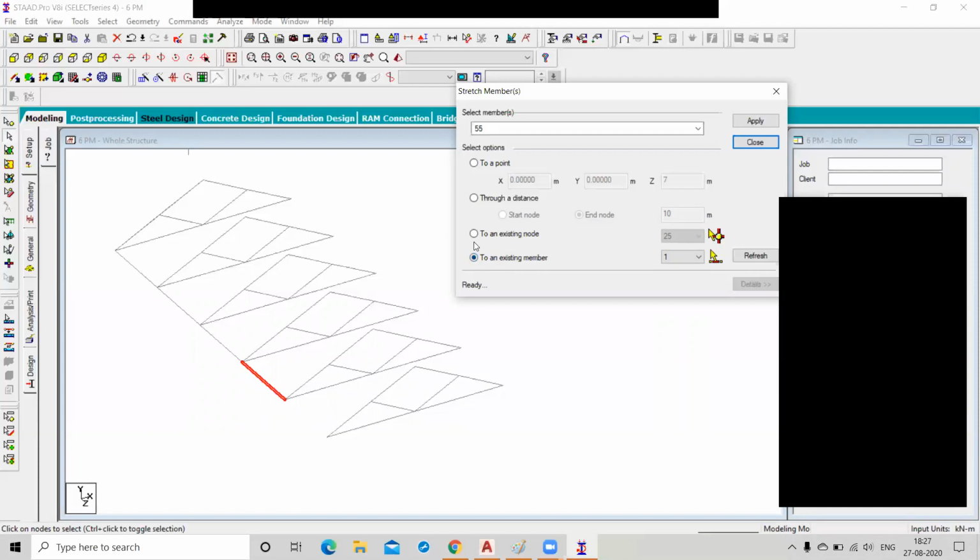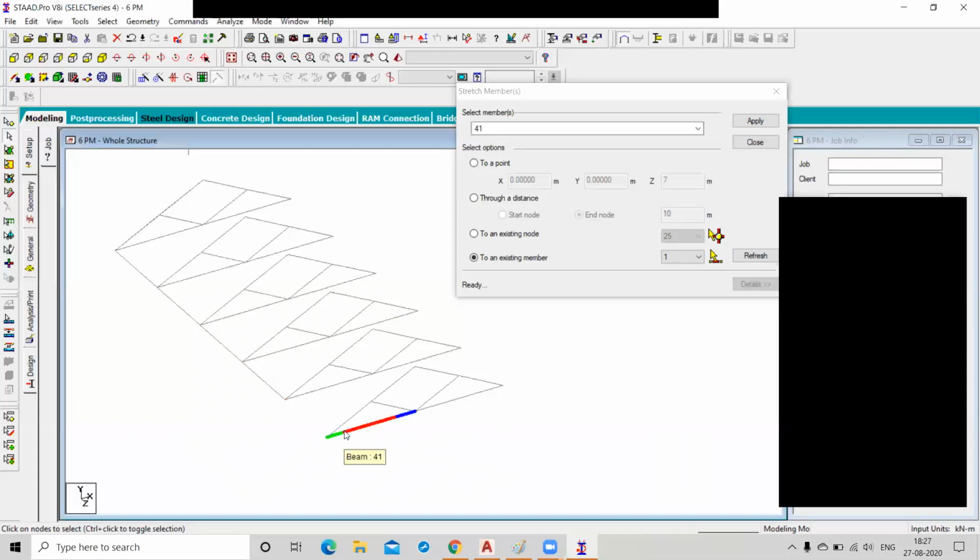Yes or no? Yes. So you can just find the beam number, or you can select this pick node option. Pick beam, select this, and pick and select this member or this member, because both are intersecting on the same node.